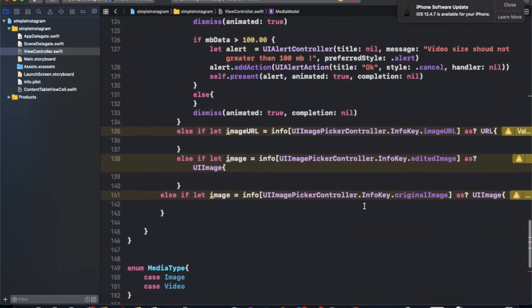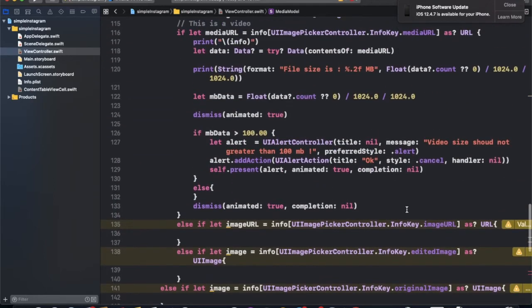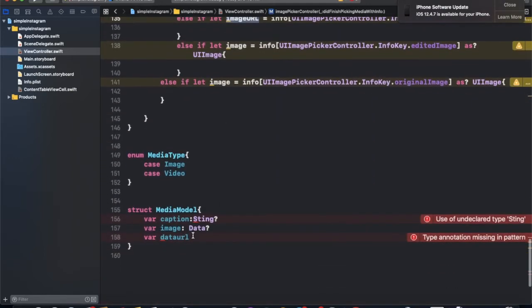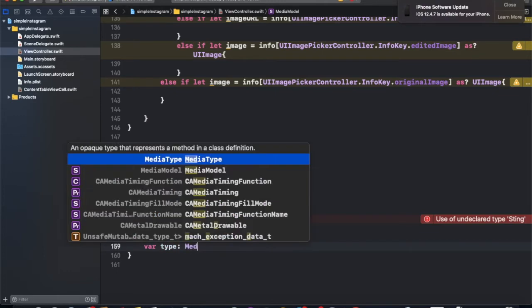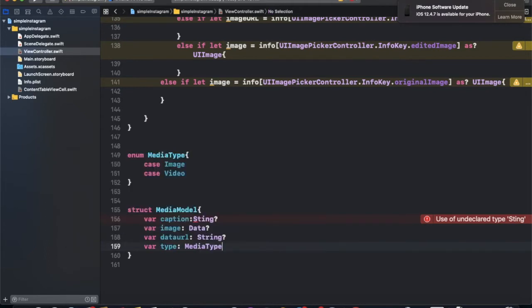We have the image URL and the video URL. Basically the server also gives you a URL, and you need to fetch data from that URL. Now lastly we have the type, media type. Along with this type we can show the video and the image.